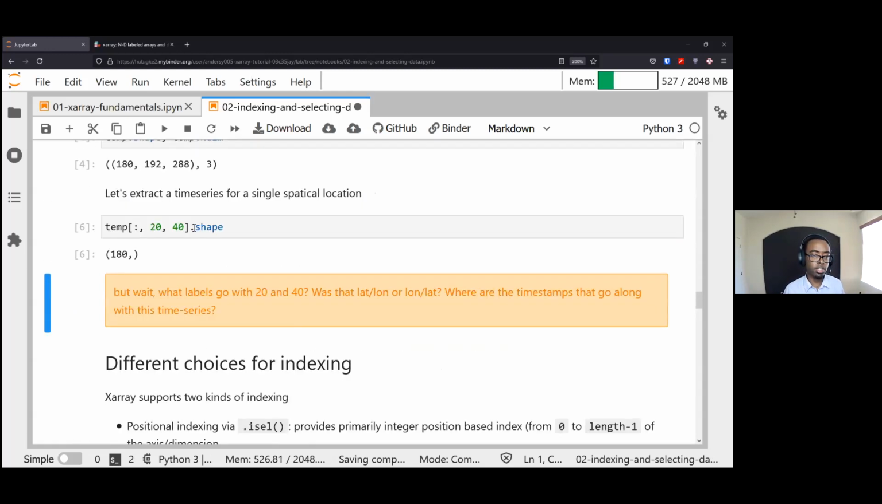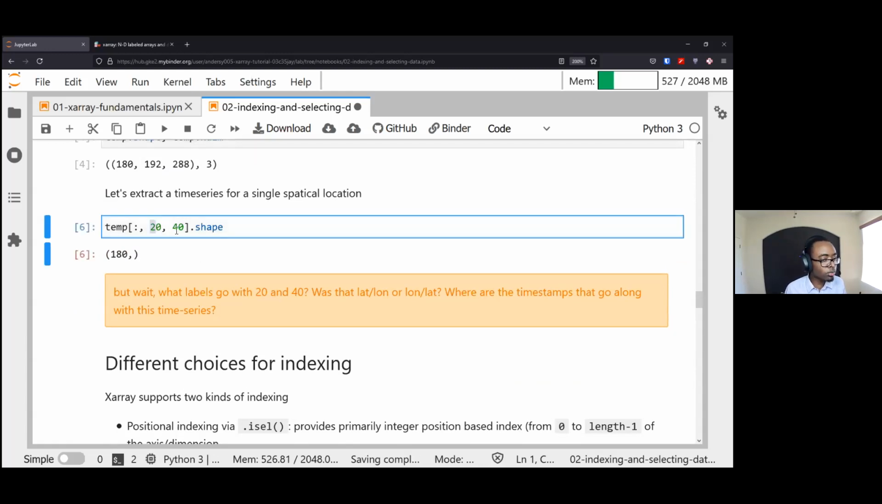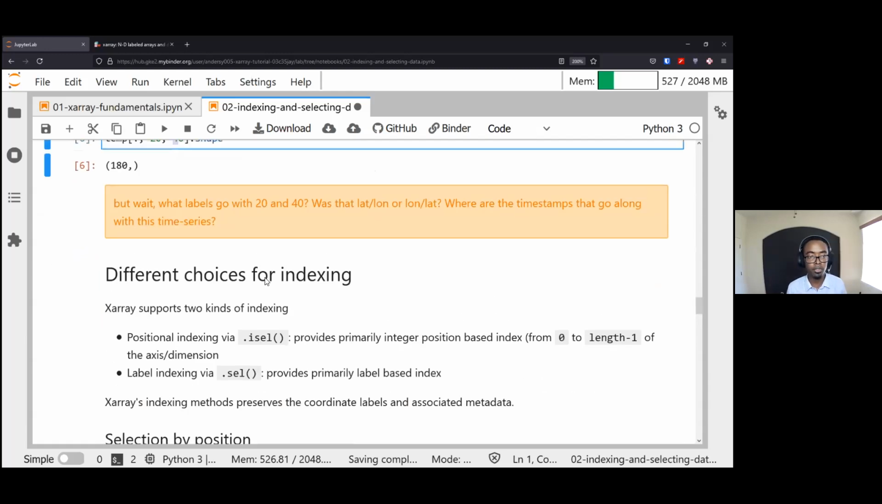But then the question becomes, what was 20 again, and what labels, what axis does it go with? Is this latitude? Is it longitude? This is where Xarray becomes really useful, in that it allows you to forget about the location and just tell it the names of the dimensions, and it will figure things out for you. So the first type of indexing is what Xarray calls